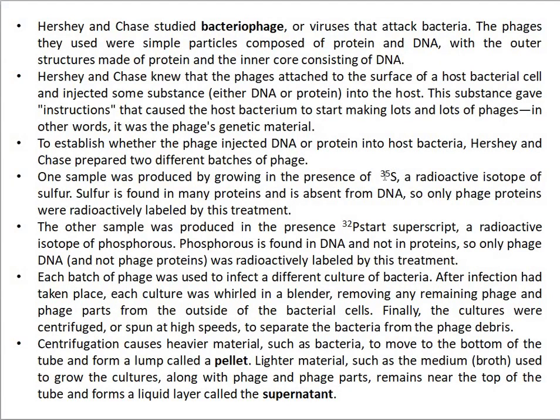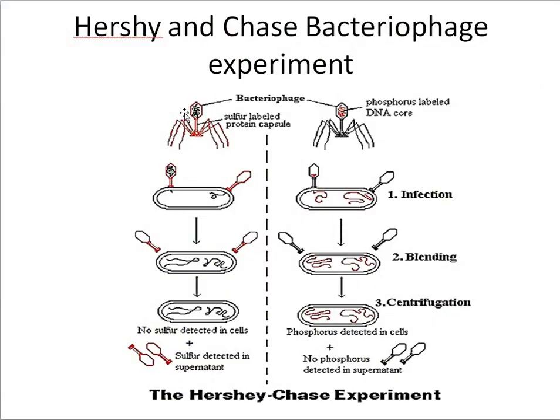The radioactive isotope S35 was used to label one sample of bacteriophages, and sulfur is always present in proteins and not present in DNA. So if we grow a generation of virus on a media which contains the isotope S35, then